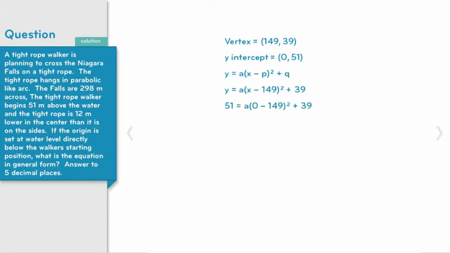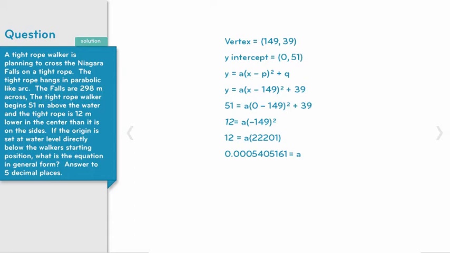So 0 minus 149 is negative 149. And if we subtract 39 off of both sides, we're left with 12. Now we're going to square negative 149, and we get 22,201. Dividing both sides by 22,201, we find out that a equals